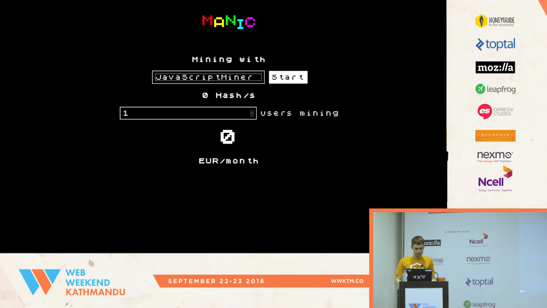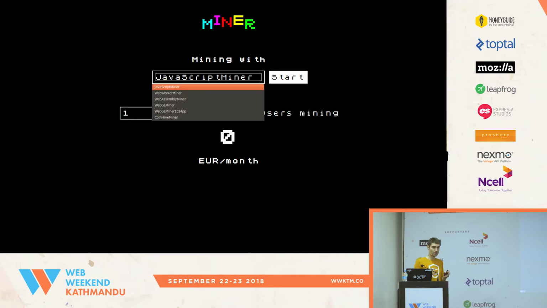Right. So how does it work? It actually mines with JavaScript, with different kinds of technologies. We will go through all of them. So the first one is the JavaScript miner. You just have a script which makes SHA 256 from a block, and then we change the nonce, and then we see how much we can get from there. It uses a real value of a Bitcoin and a real complexity of mining to show us how many euros we will get in a month.